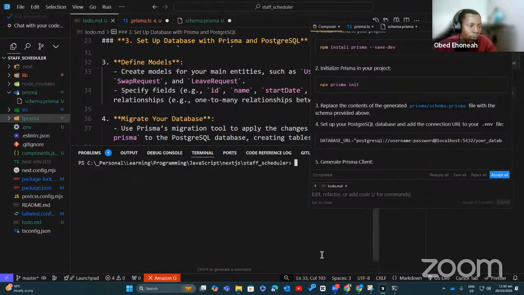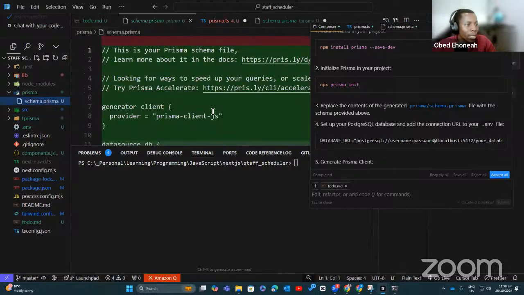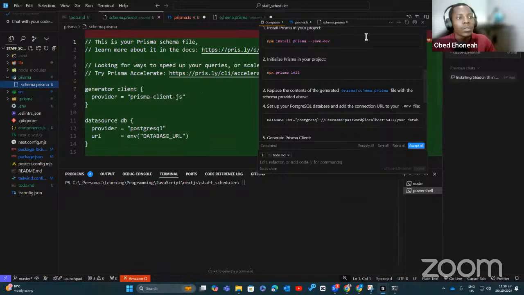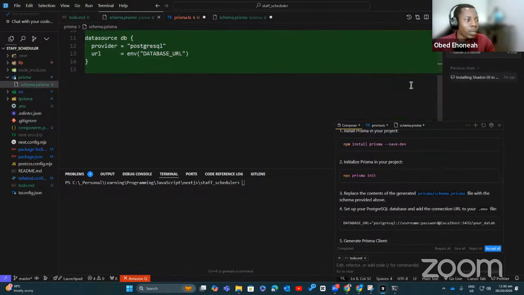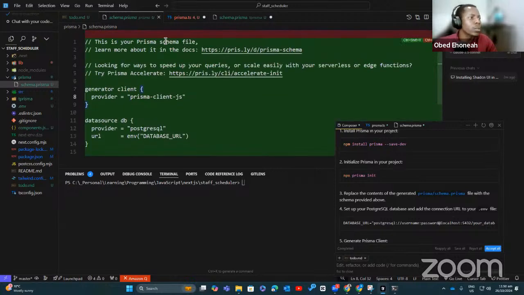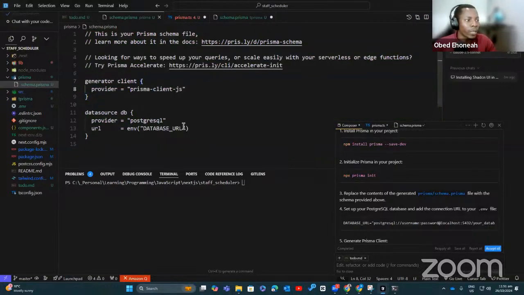Okay, and by default, Prisma has this. I don't know. This looks too busy here. Okay, so this is the default one. Oh no, this is not. Is that it? Okay. So accept this. This is what by default Prisma provides, right?